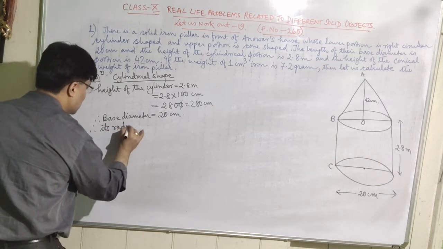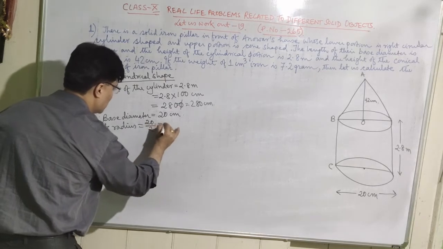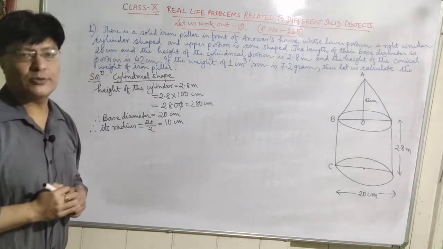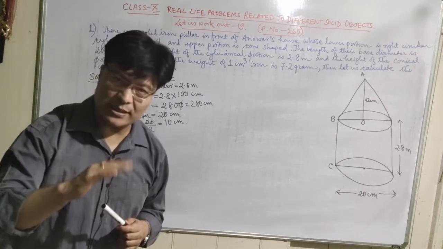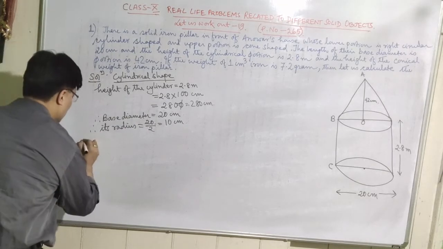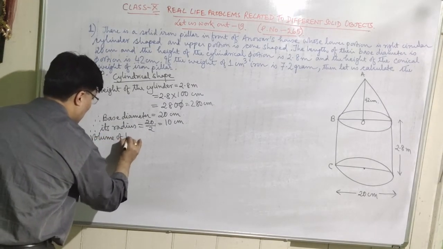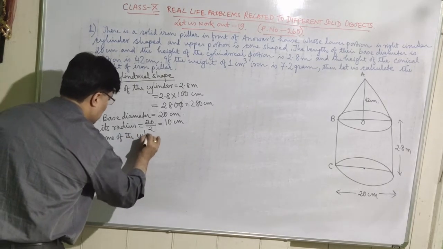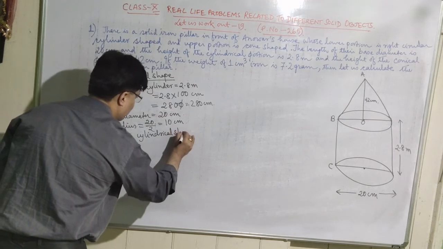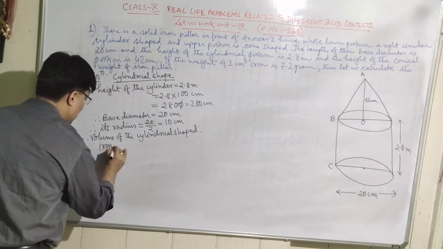So its radius is equal to 20 by 2, which is equal to 10 centimeter. So I think I've understood it. So let us find out the volume of the cylindrical shaped iron pillar. Therefore, volume of the cylindrical shaped iron pillar